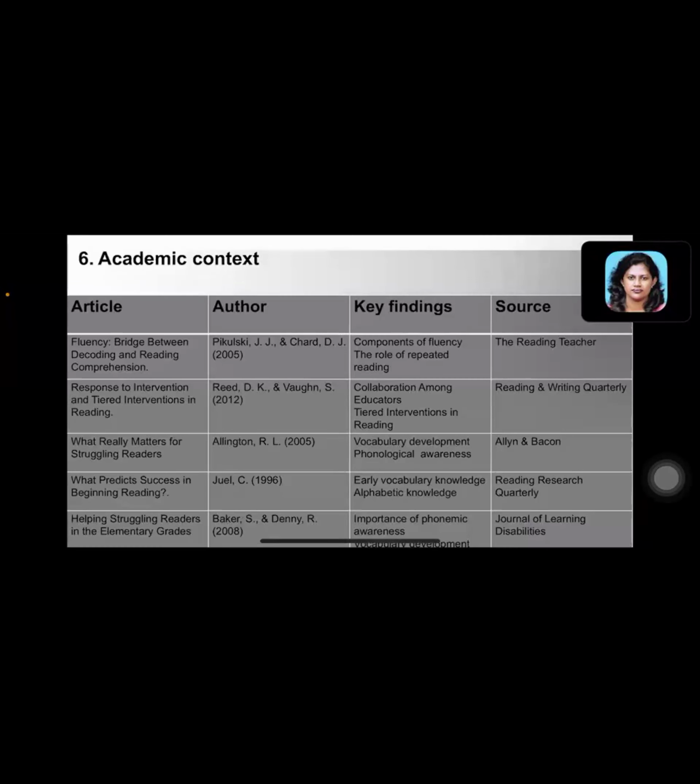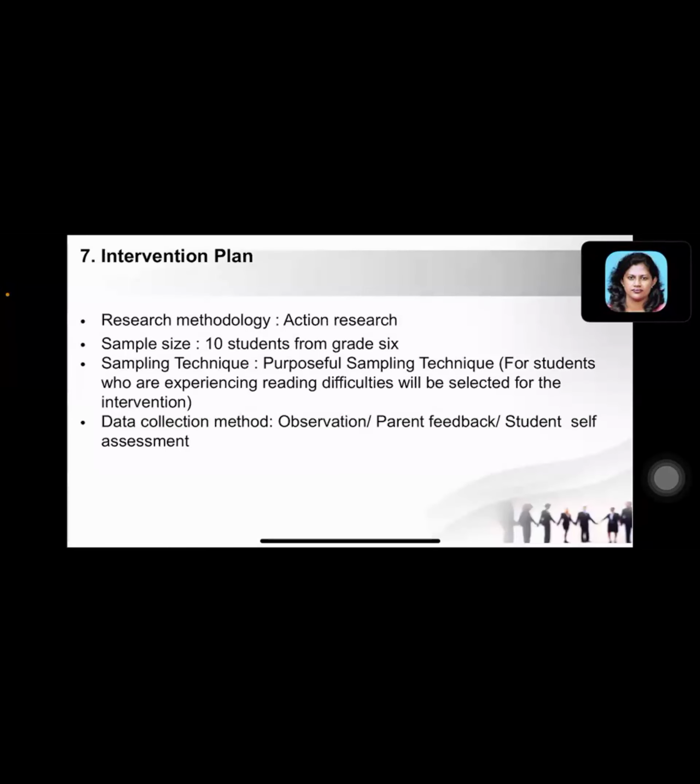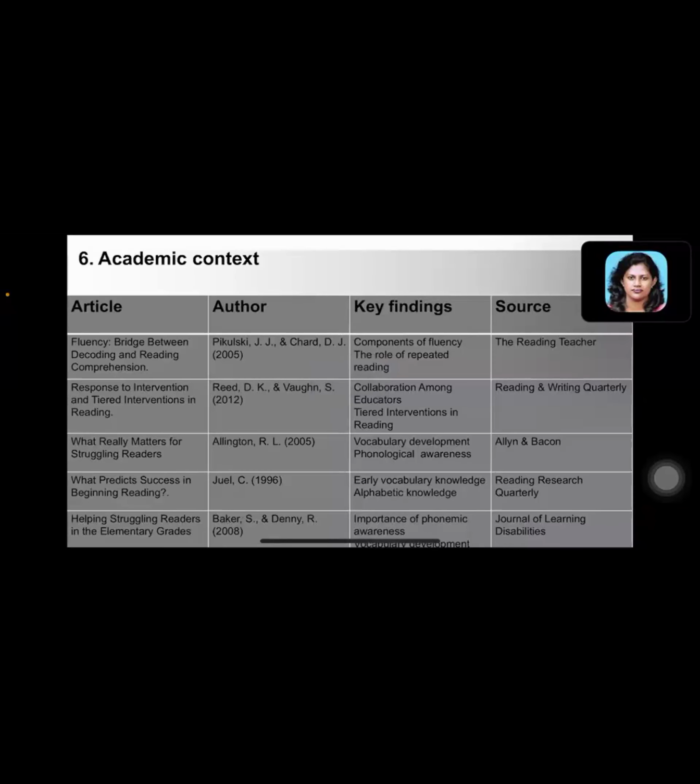And this is the academic context. I read it. And this is the intervention plan. The sample size is 10 students from grade 6 in a primary school. Can you explain a little bit about what you have found from the academic context? So